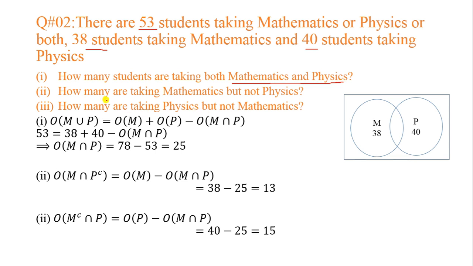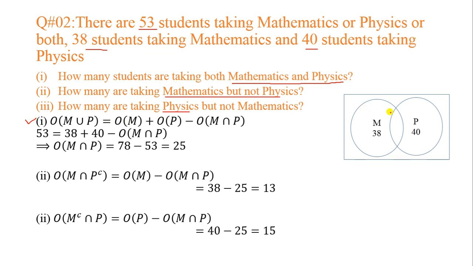Secondly, we are asked how many students are taking maths but not physics. And in the third part, we are asked how many students are just taking physics but not mathematics. So, firstly, we will discuss part one of this question, that is, how many students are taking both maths